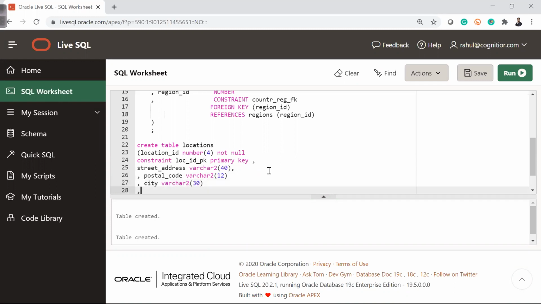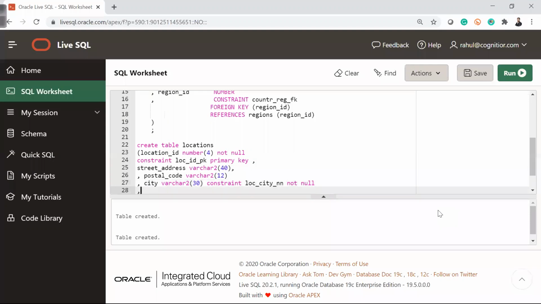Then one more thing I want to do is make a constraint that the city column cannot be null. I should have the name. It's altogether a new column, city, and I want it to be not null. And here I'm creating loc_city_nn as my constraint, and this will be not null.